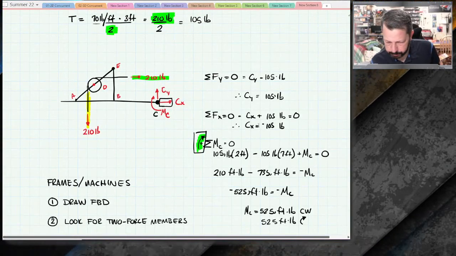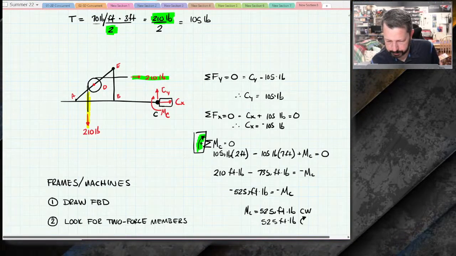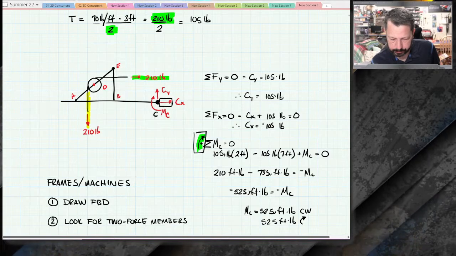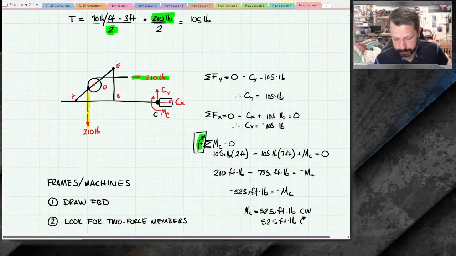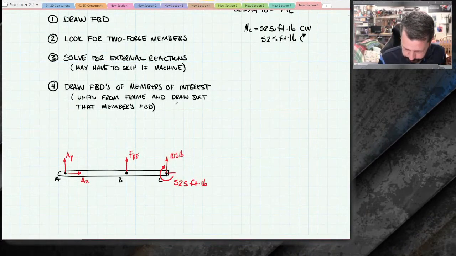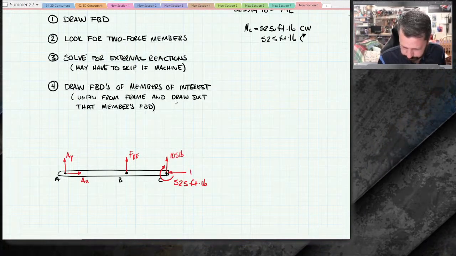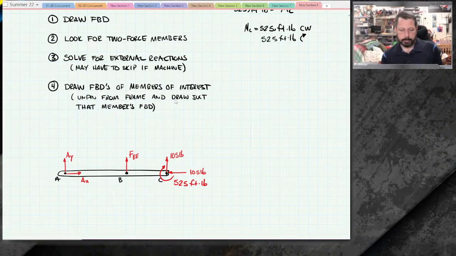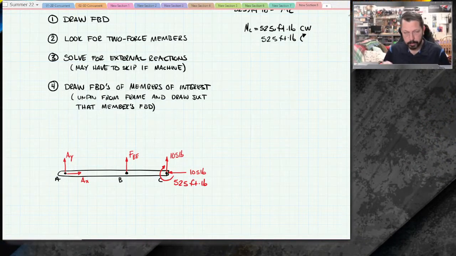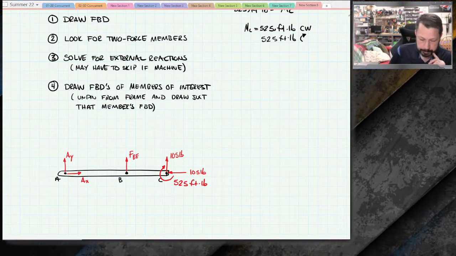CX, 105 pounds going to the left. I have that negative sign, and I drew CX going to the right, so that means the negative sign means it's really going the other way. So it's like that. And so a lot of times when you get to this member of interest, you've drawn its free body diagram,